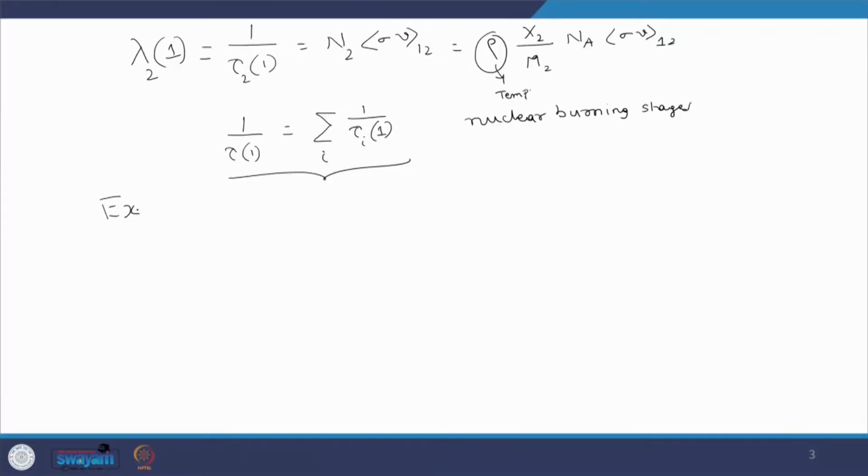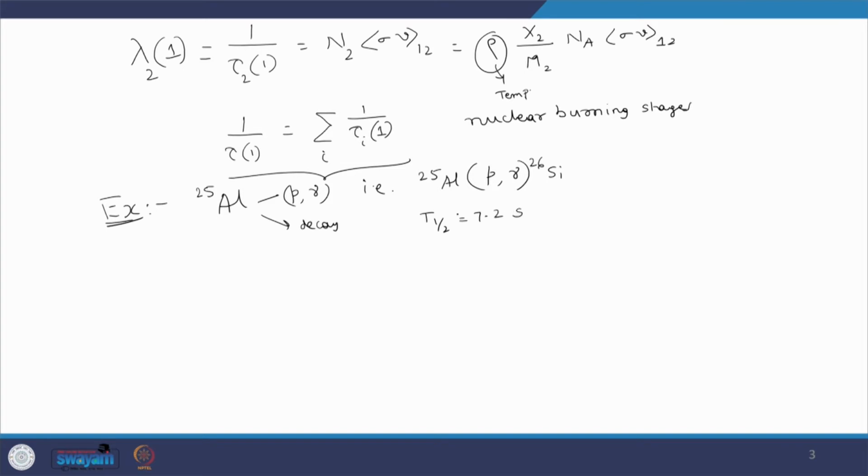But before that, with the help of one numerical, let me discuss the importance of this formula in deciding the dominant way of destruction of a particular nucleus. Let me solve one interesting example for you. In stellar plasma, consider 25 aluminum. It can be destroyed by proton gamma, that means 25 aluminum reacting with a proton emits 26 silicon. It can also undergo decay. Which kind of decay? Positron decay, whose half life is equal to